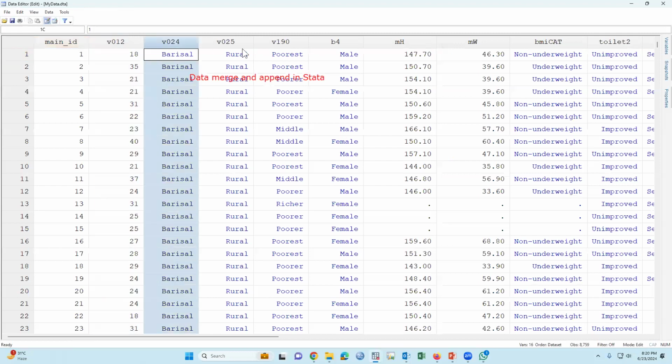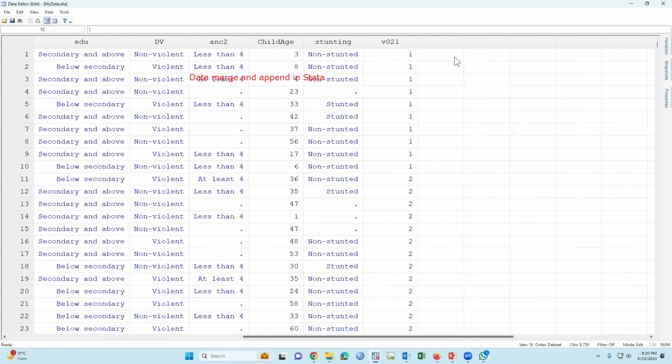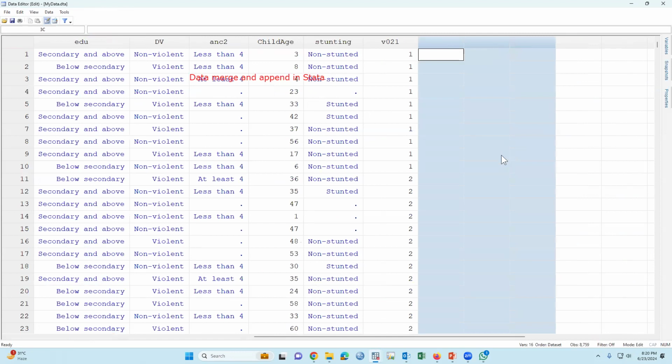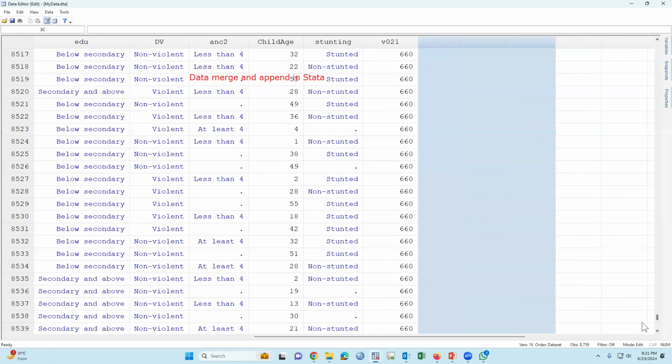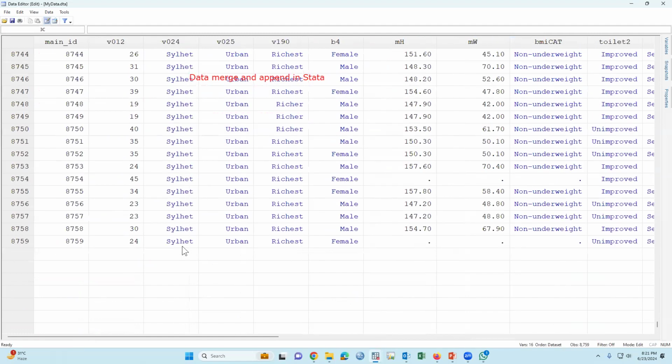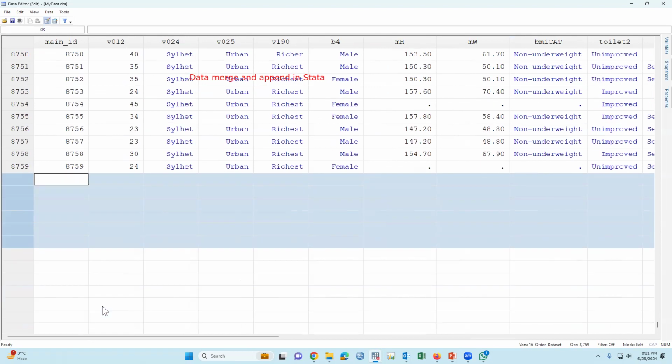This is another variable, and there are some other variables, for example, occupation or any other data. Then we have to add the variable on this side. The method of adding this variable is called merge. Or sometimes we have to add some cases, for example, we would like to add some cases below the data set. And this procedure is called append.